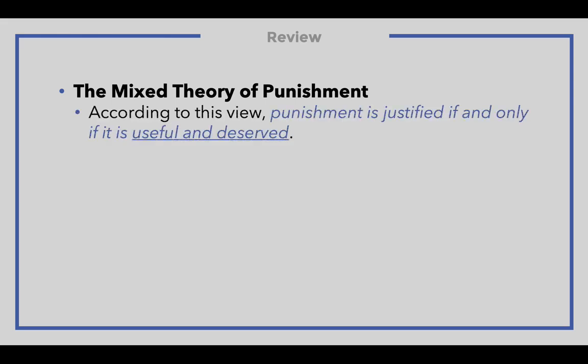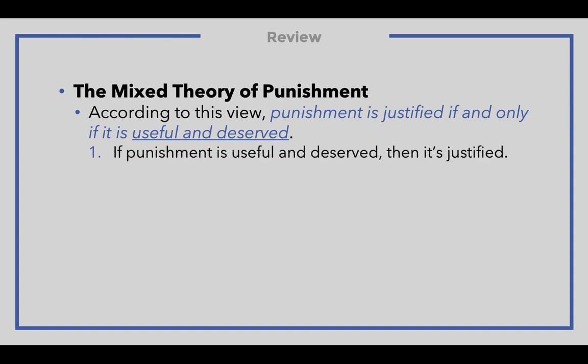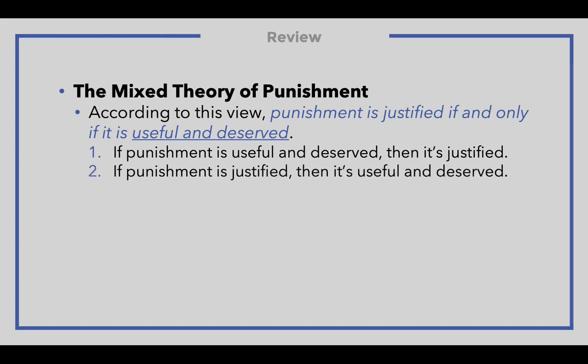Finally, the last view is the mixed theory of punishment. That theory says punishment's justified if and only if it's useful and deserved. So both of those things. If punishment is useful and deserved, then it's justified. If punishment's justified, then it's got to be useful and deserved. It has to have both of those things. And then as for how much we should punish,